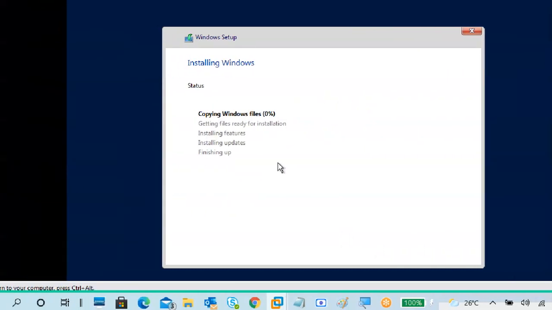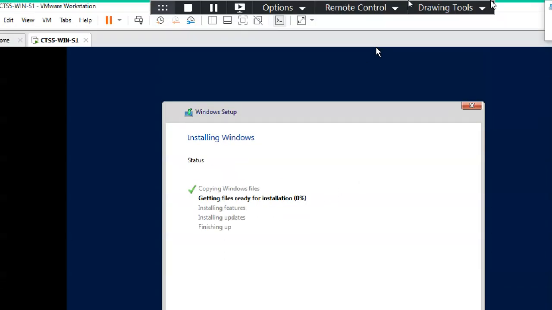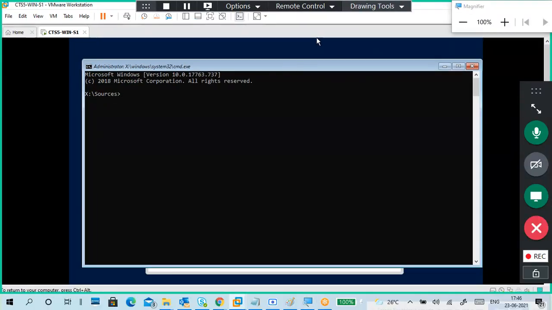You have to wait to complete this one. Shift F10. Actually not required, but I already told, it's a kind of hobby to do that one. Yeah, my mouse is also doing task MGR. What is task MGR?